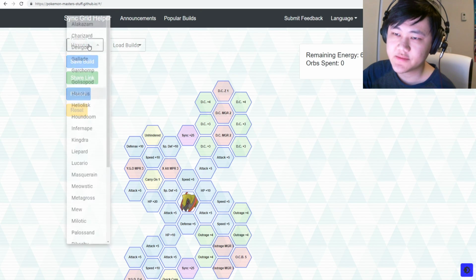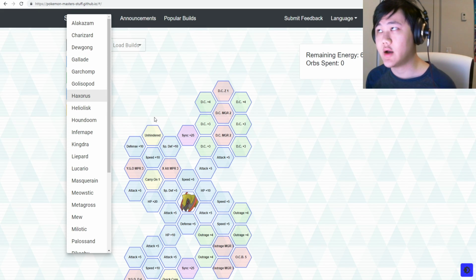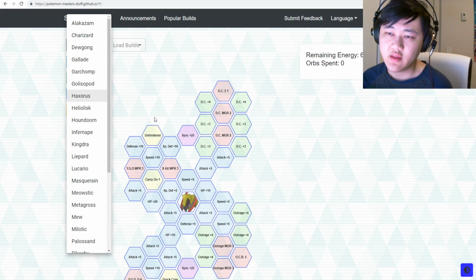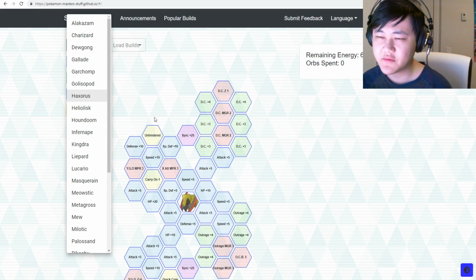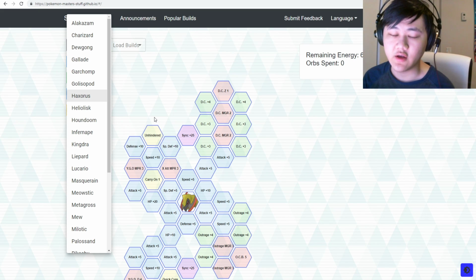But on the other hand, if you're going to use your 4-star striker candy on Kingdra, then you probably won't need another Dragon type striker, right? If you've got a Kingdra already, although I personally do think Haxorus is better than Kingdra in Villa only. Outside of Villa, no, Kingdra is better, right? But in Villa,